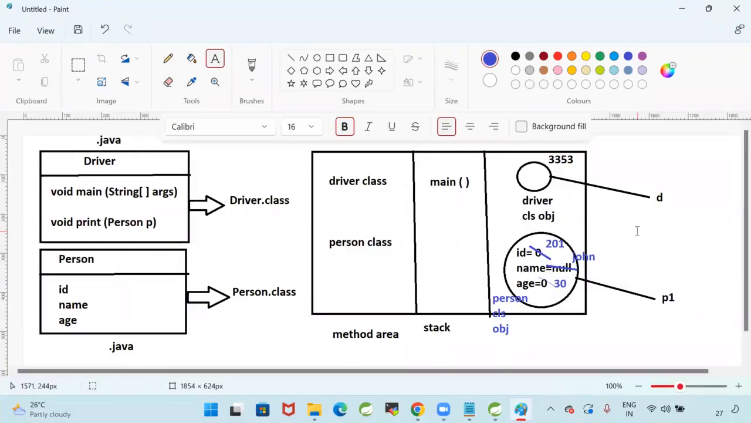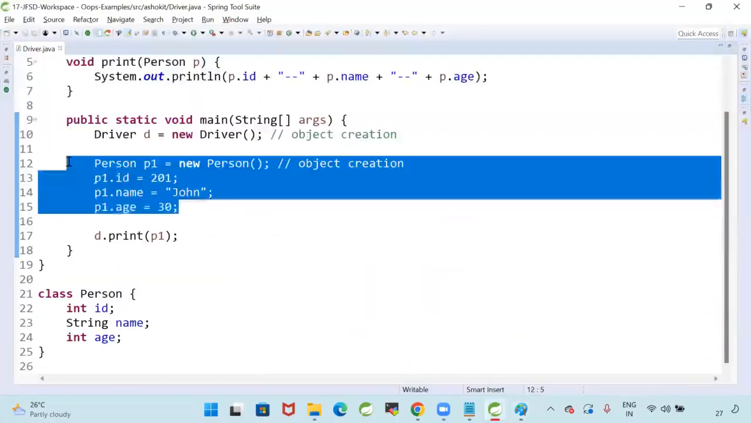So with that, object initialization completed. Object initialization is nothing but initializing the instance variables of that object. With this, my variables got initialized. Okay. After this,